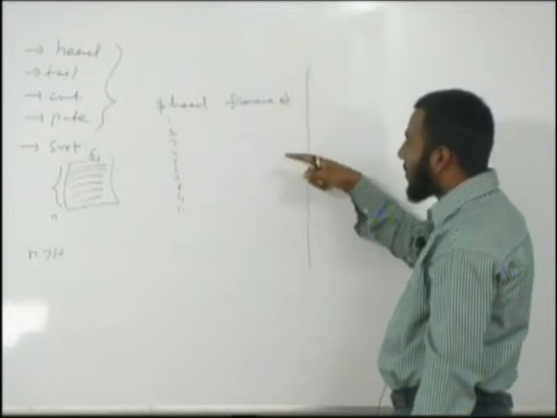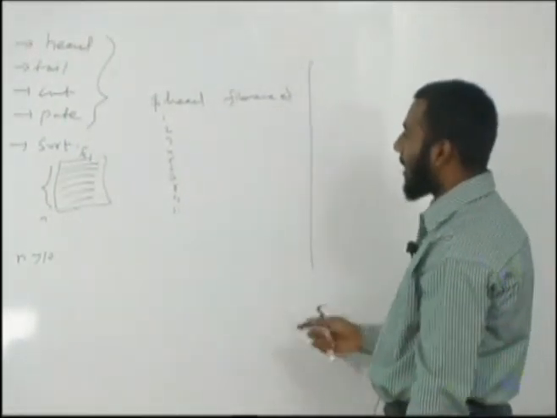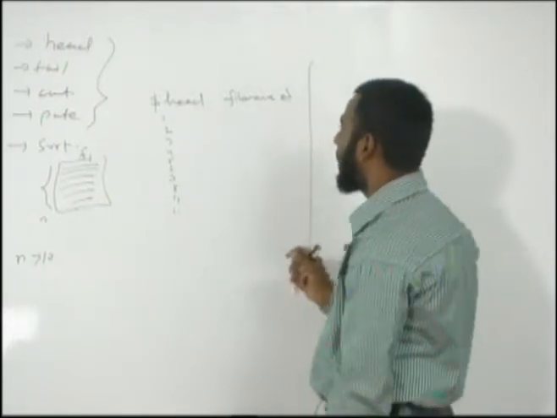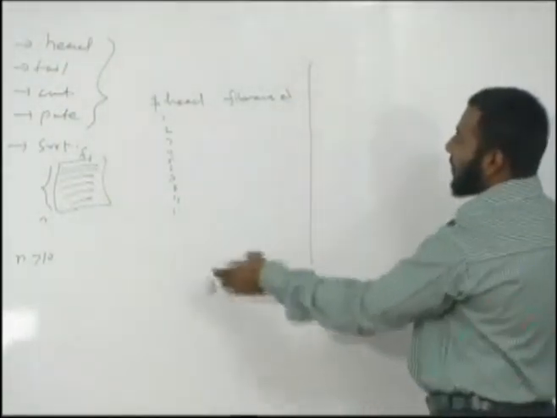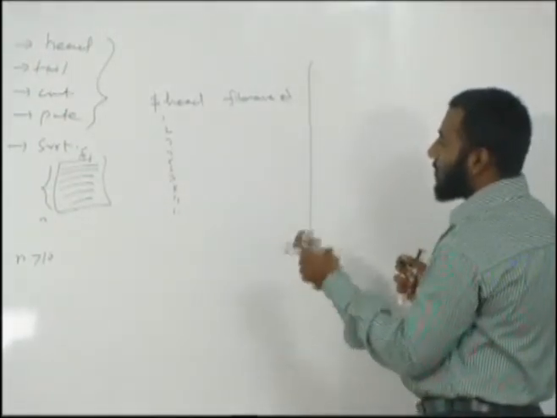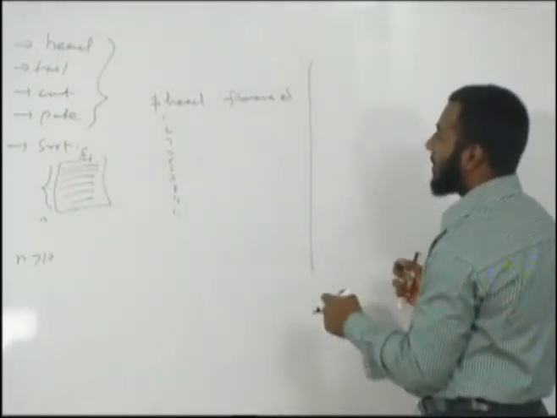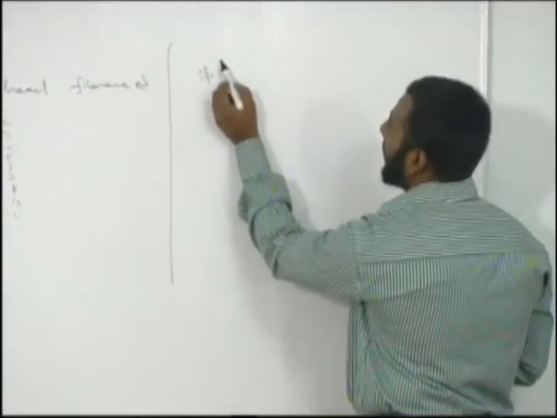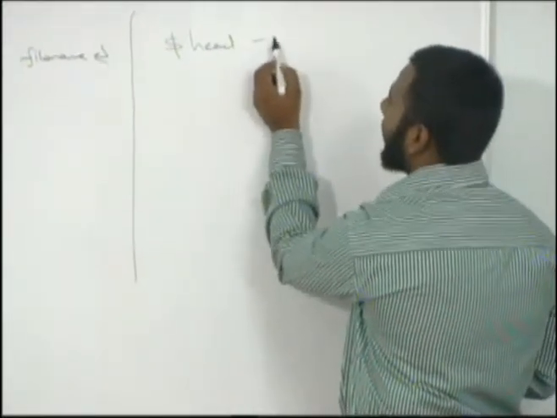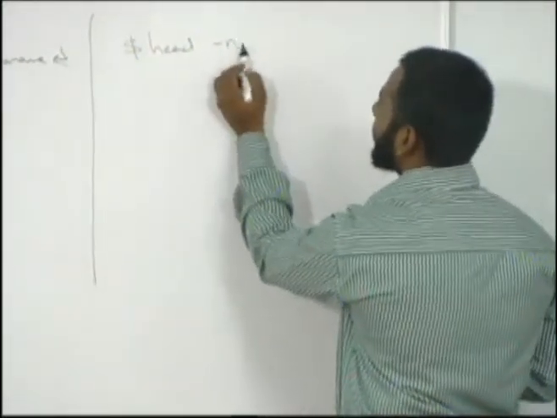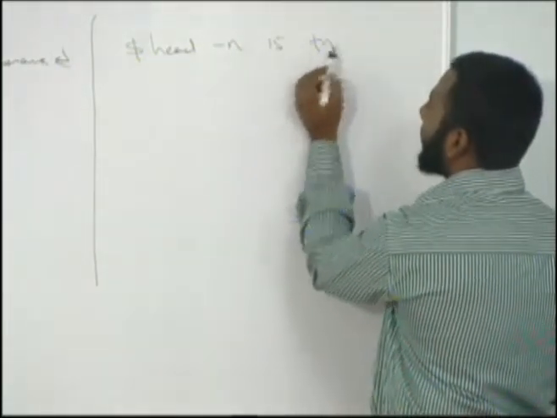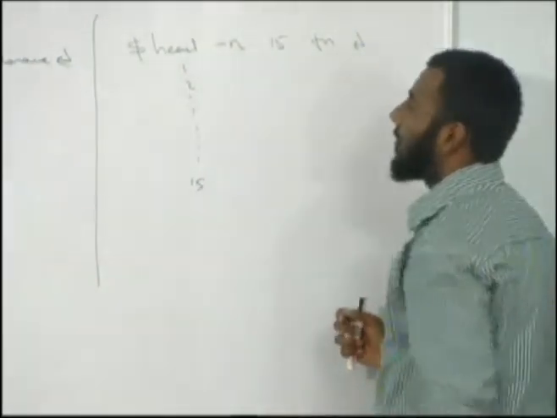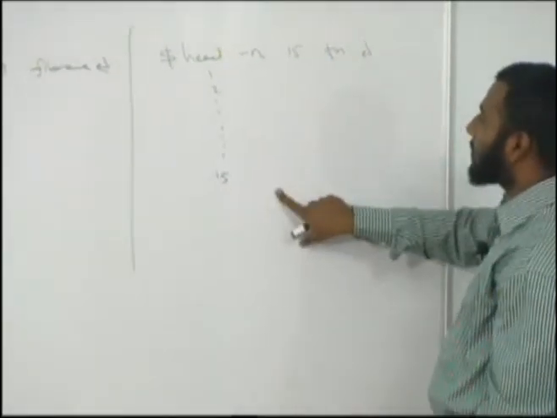But if I am interested in the first 15 lines rather than only 10 lines, then we can give an option to a command to change its meaning. By default it works for 10 lines. If I want the first 15 lines, we use the option n for this purpose. So head, option n, 15, and the file name. As a result, it prints the first 15 lines of the file.